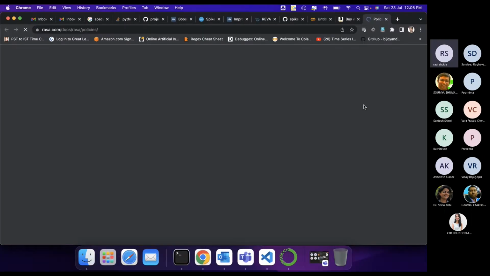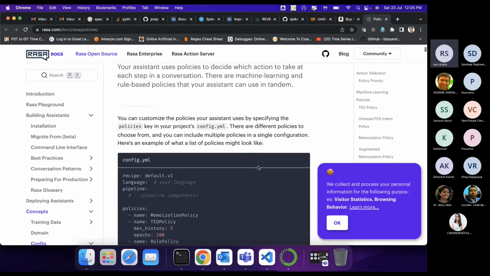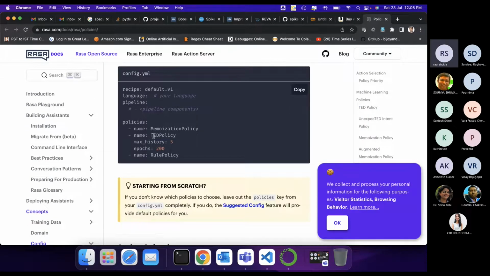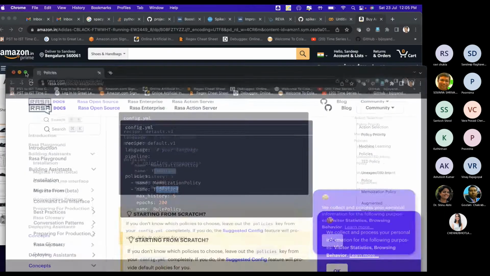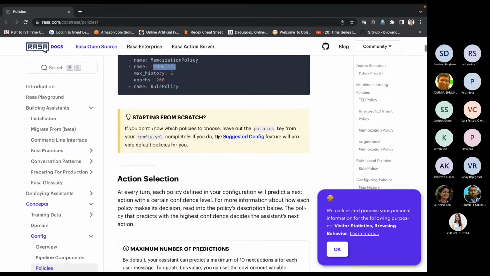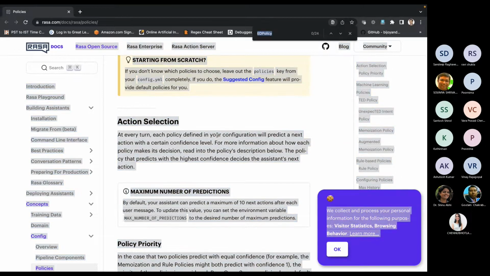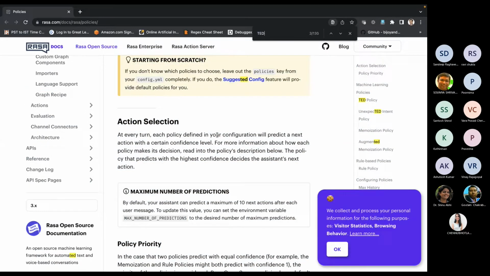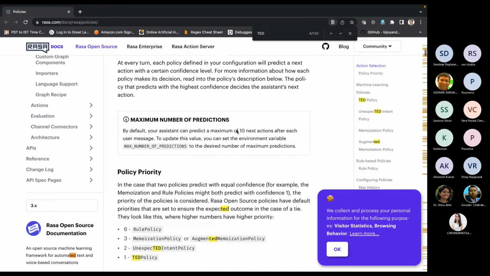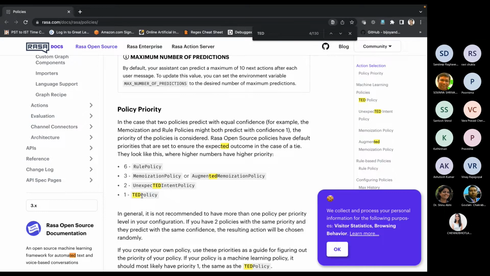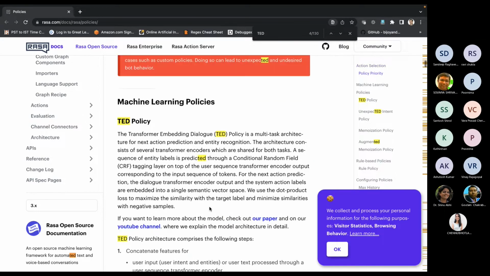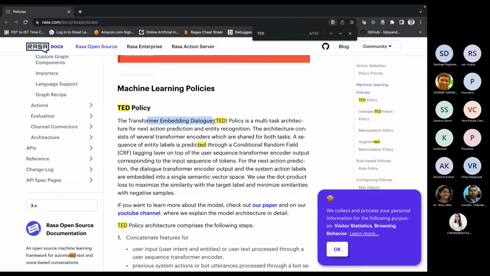So TED policy must be something to do with. Yeah, can you look at TED policy, please?